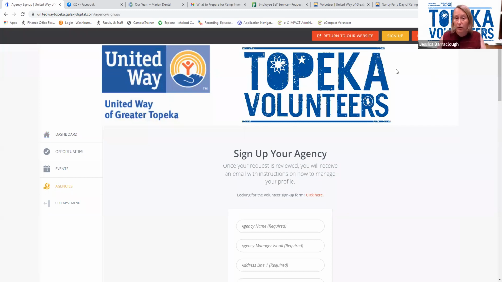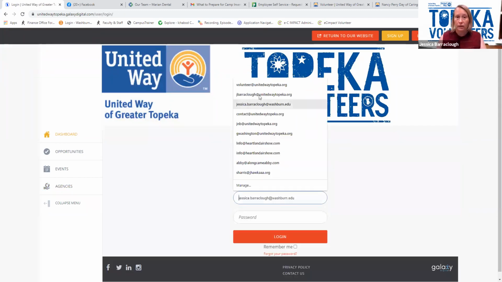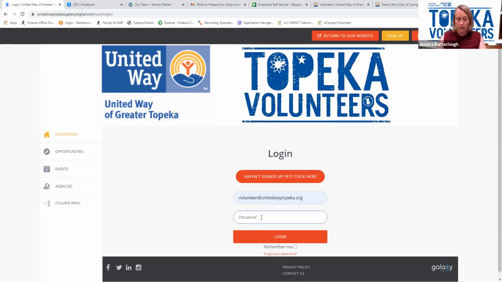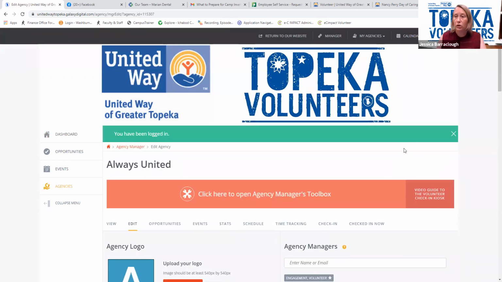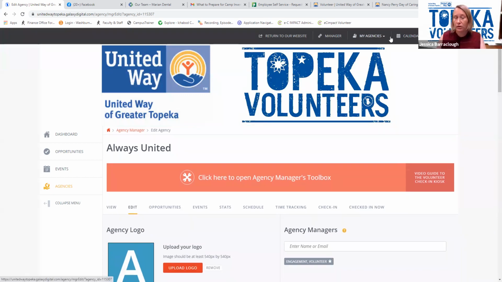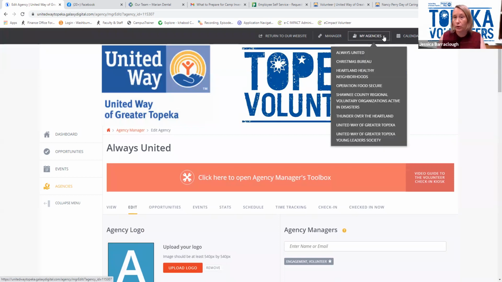So again, I'm going to go to the login button and log in. So when you open up your page, it will probably bring you to your first agency. Now, if you only have one, you'll see just the one. But if you have multiple, it's going to give you that little arrow and it's going to give you the